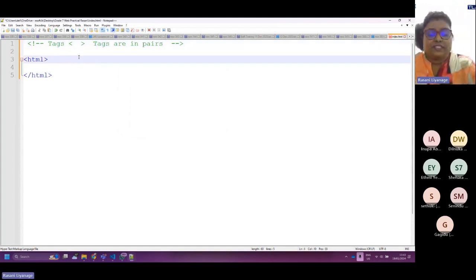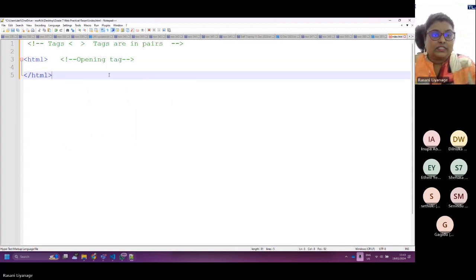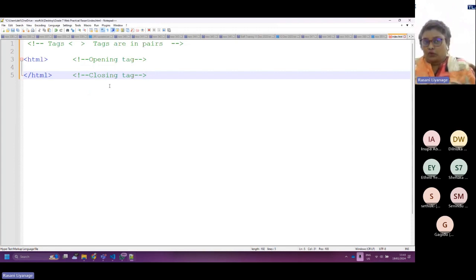And you call the first tag the open tag or opening tag, and the second the closing tag. Opening tag and closing tag. Within that opening tag and the closing tag only, we write our codes.